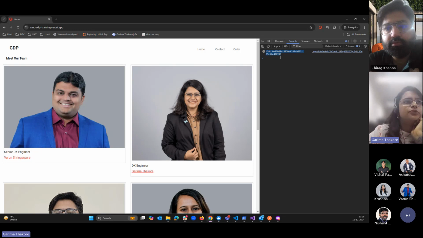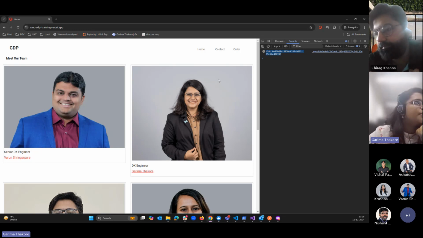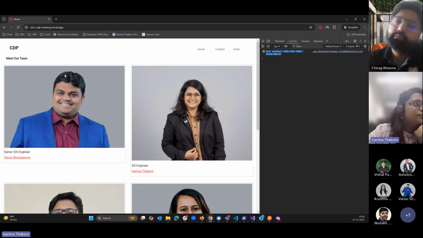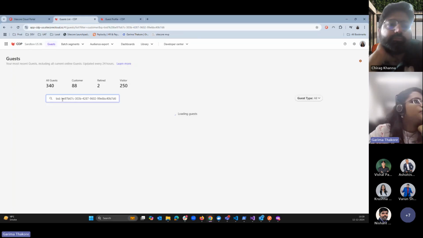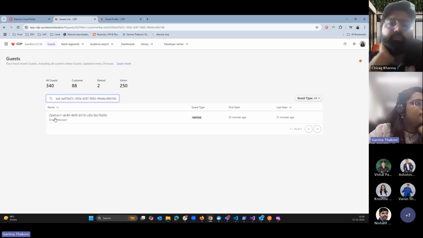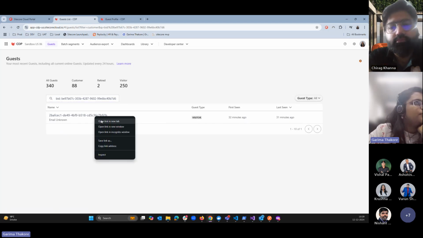So what will this browser ID do? We have injected the page view code. Whenever a user comes to a website without logging in, a visitor is created in CDP session having this browser ID, and it will track every page wherever that user goes. If I go to the guest CDP, make sure whenever you search, you have this BID added, which is your browser ID, and it will create a visitor. So if I open this visitor,